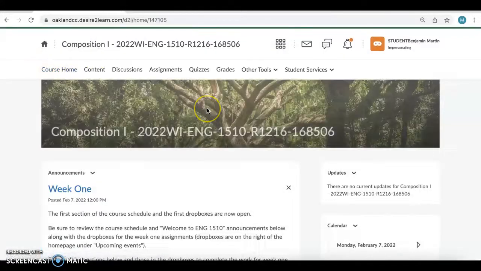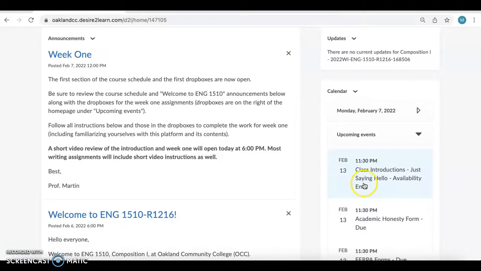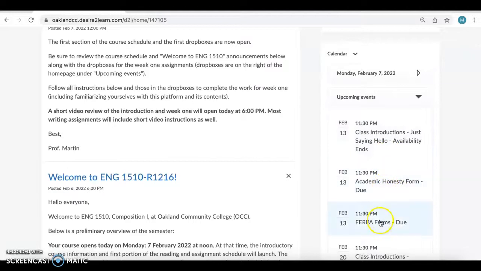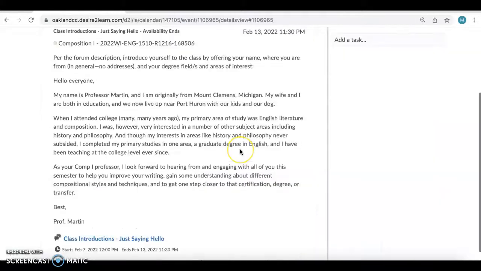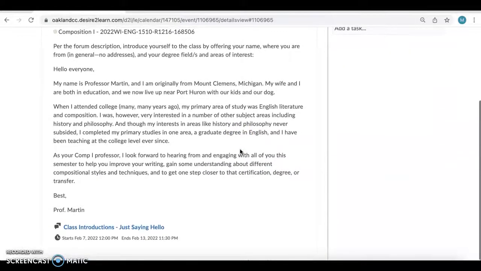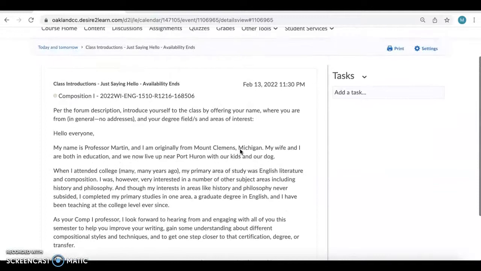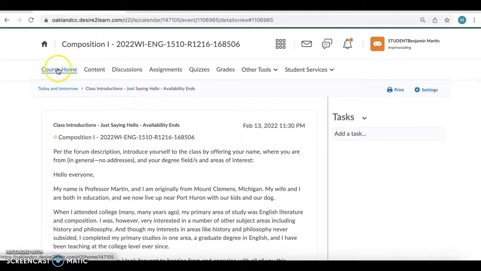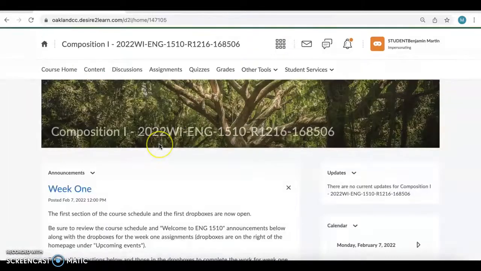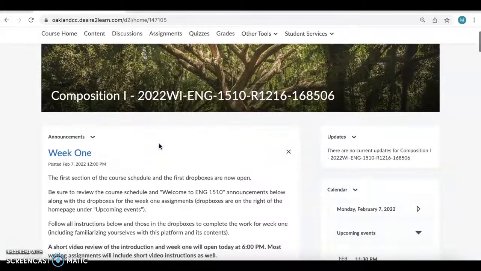Now, everything, as I said, will be completed through the drop boxes themselves or the discussion board. The first week includes both, 2 things that go in drop boxes and 1 that gets posted in a discussion board. This discussion board is already started. I have my announcement here. You can start a thread now and complete your own so that your classmates and I can get to know you. The opening portion for week 1.